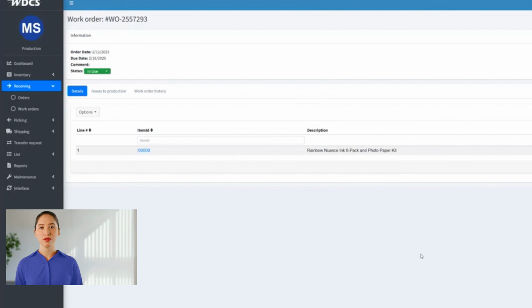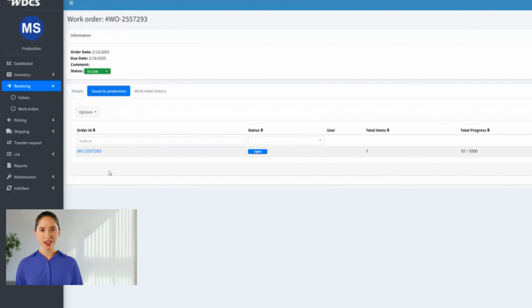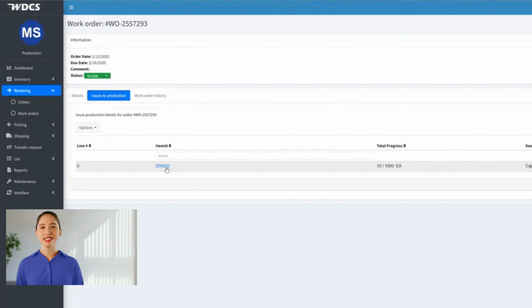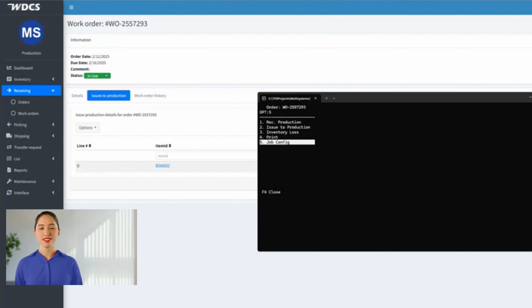As we know, the receive from production process is directly linked to issue from production, and that's what we can see right here. But first, we will send this item to the production line. To start, we will click on Issue to Production. Here on my screen, you can see the item that we are about to remove from inventory and issue to